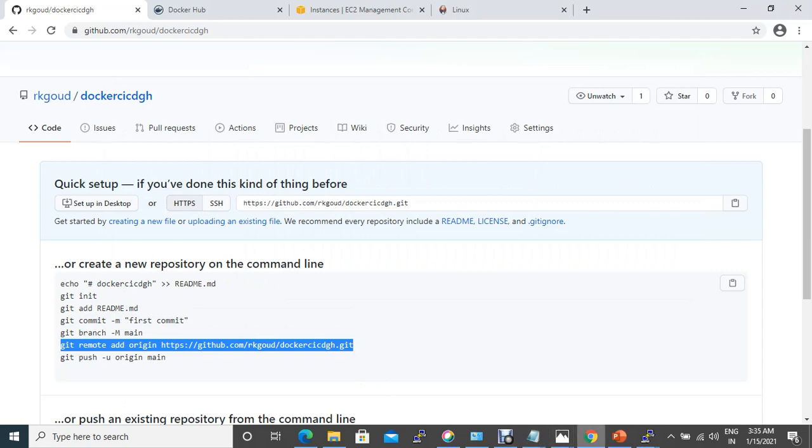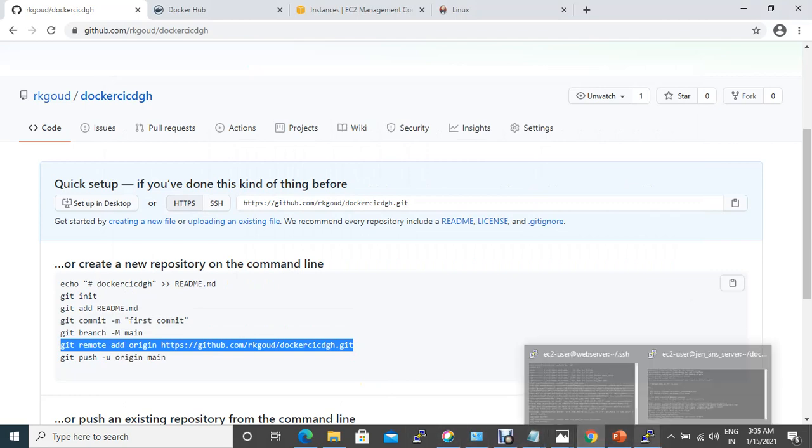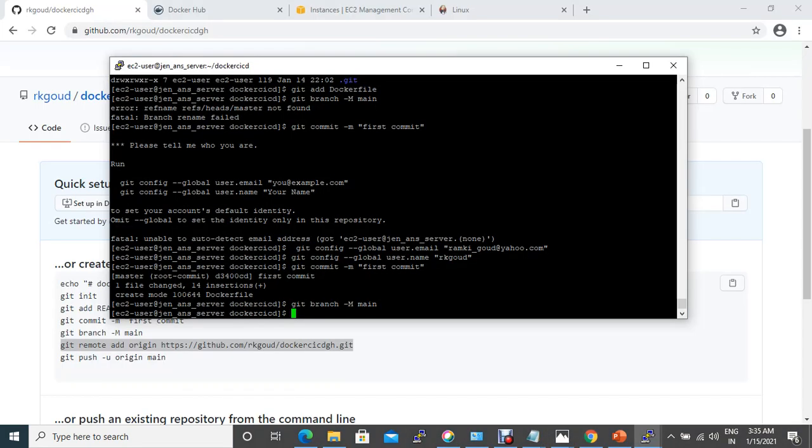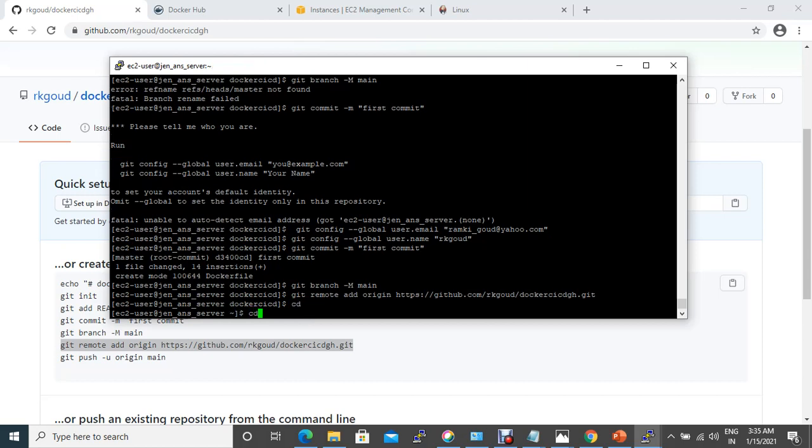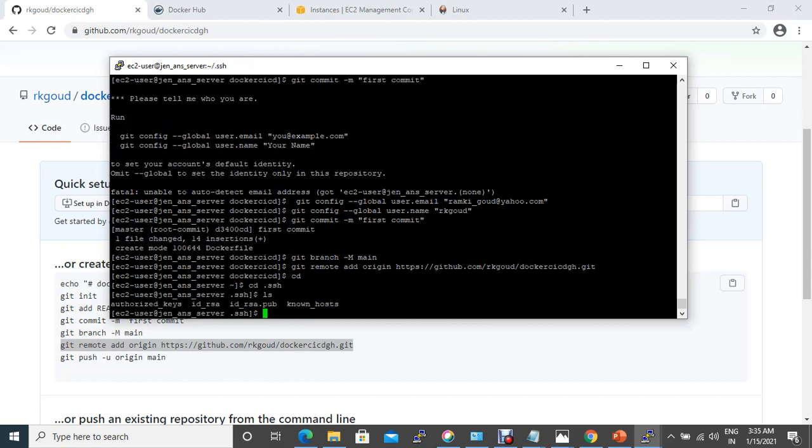So now what we'll do is add the origin as well. Okay, and then we can do the push. The next step is to input the username and password. Instead of that, let's put the keys for that. So let's just go to the SSH, grab the public key,